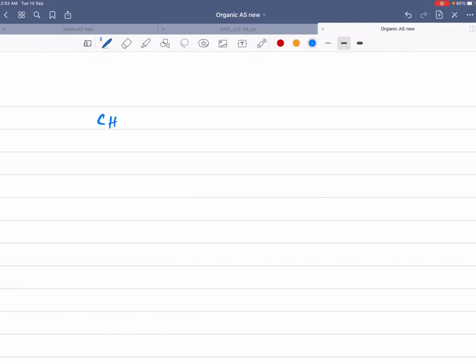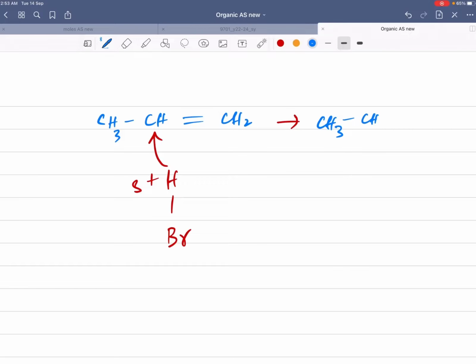We had this compound CH, double bond CH2 and HBr, right? So if this partial positive hydrogen is added to this carbon, then what would happen? Then the intermediate would be CH3, sorry, this was CH3, CH, and we have this hydrogen and double bond is broken. Now the positive charge on this carbon, so this is now the carbocation. And from your previous knowledge of carbocations, you must know this thing, that this carbocation is primary carbocation, because this is only attached directly to one carbon, right? So this is primary carbocation.